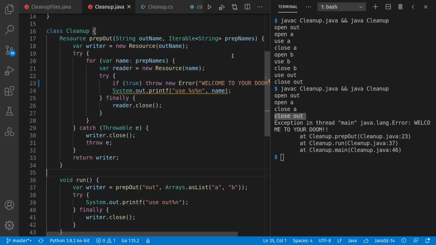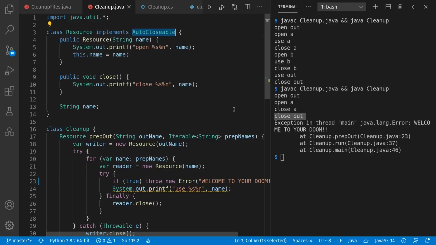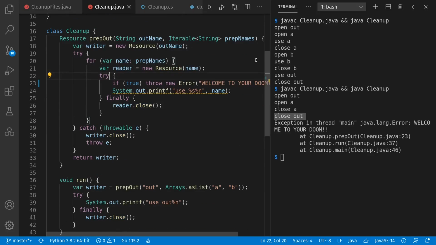Now, finally was the traditional way of doing these things in Java until Java 7, when it copied a feature from C#. So getting back to this implements auto-closable, if you implement this interface and you expose your close method, then there's an easier way to describe your resource cleanup. Instead of having a finally block,